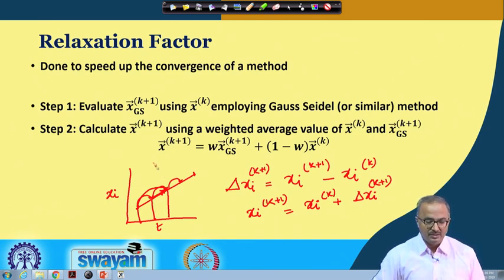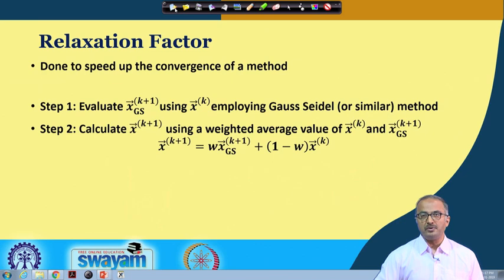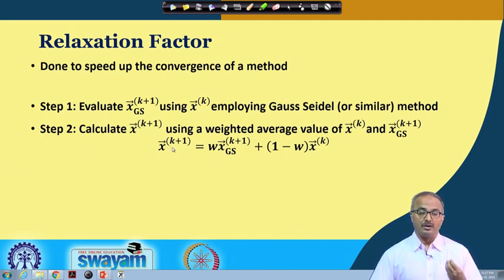So you see that in this example, if we take the standard Gauss-Seidel method to give us the solution, it need not be Gauss-Seidel, it can be Gauss elimination or any other method. So we first evaluate the solution from the Gauss-Seidel method, and this is the solution we have for the previous iteration level. Now, to make the exact value of the particular unknown, instead of the Gauss-Seidel value alone, we